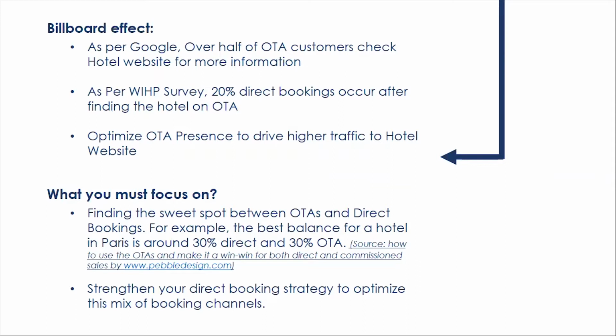So it is about finding a balance between your OTAs and your direct business. It might be that it is a 50-50%, or it might be that the website makes a much lower business, but maybe 15%, and the OTA drives a larger share of business. So depending upon the city, the type of hotel, you will have to have a balance between both the OTA and the direct business to make a perfect mix.